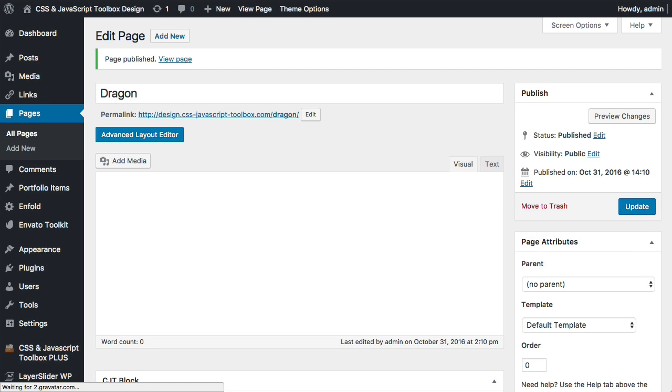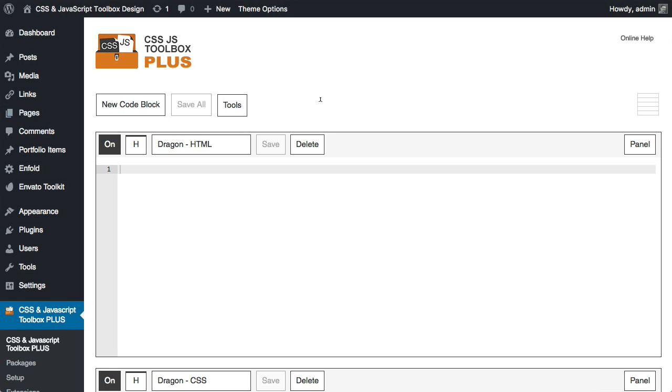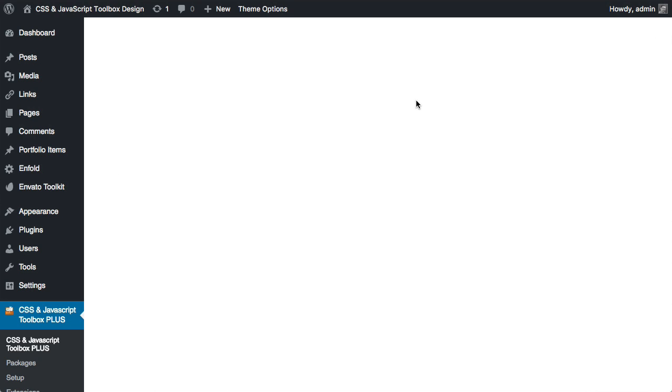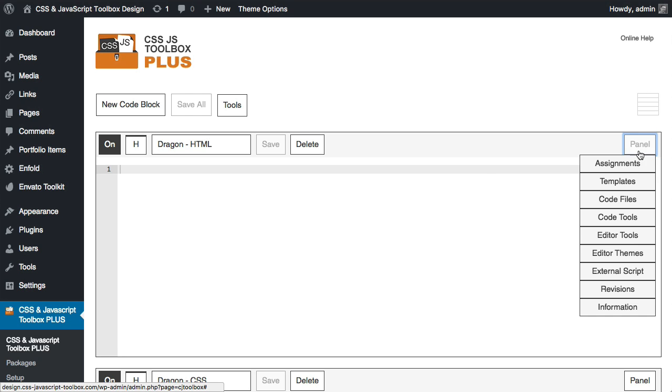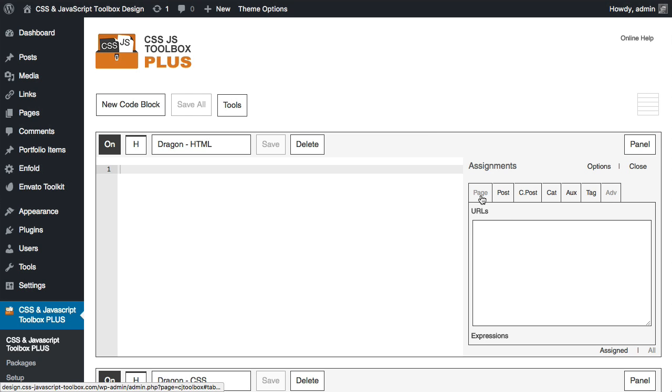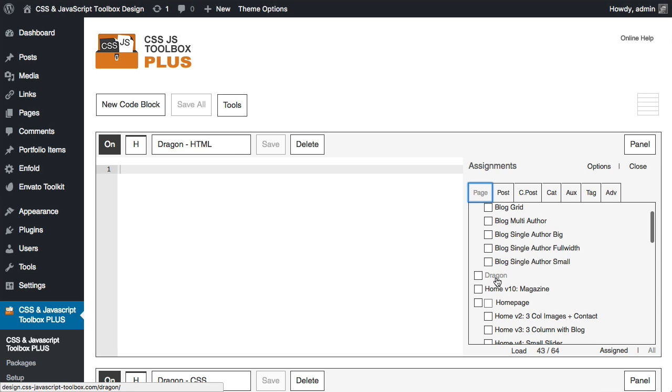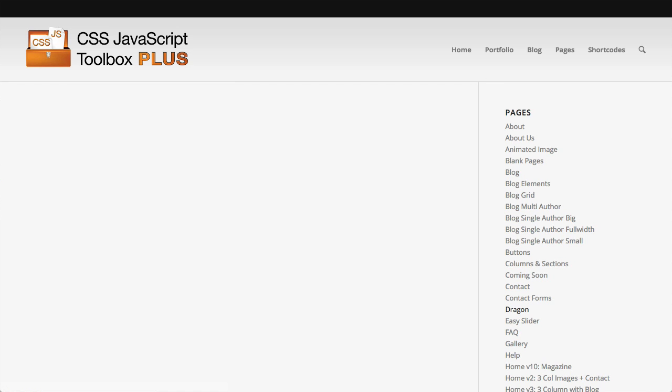Now the reason why I'm publishing that is so when I refresh the CJT dashboard page, and I'll go into panel and assignments, you'll be able to see my Dragon page under the Pages tab, and there it is there. Now when I click that, that will open a new window or new tab,